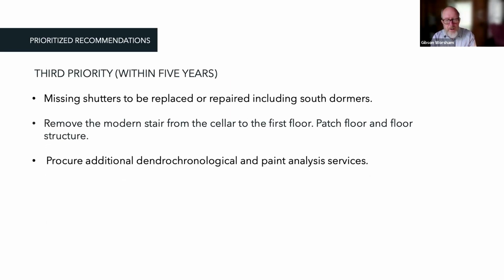It also suggested that within 5 years, repairing, replacing the missing shutters, removing that modern stair from the cellar, and patching the floor and floor structure of that, as well as doing some additional dendrochronological and paint analysis services. So in addition to the paint analysis we've talked about, we've also had in the past some dendrochronological work done, which is where the wooden structure is, samples are taken and then using